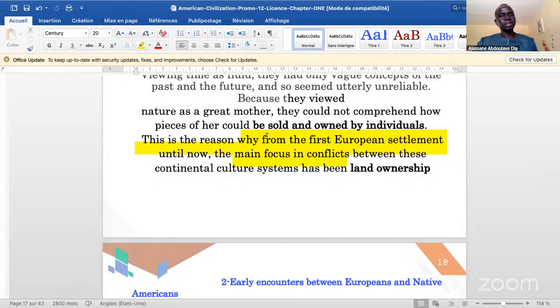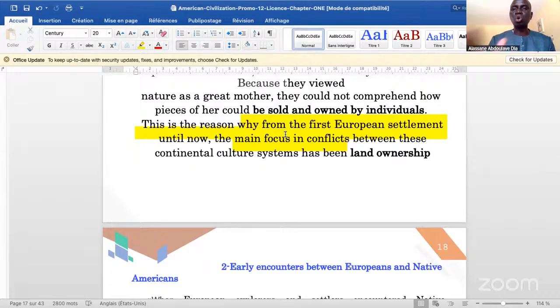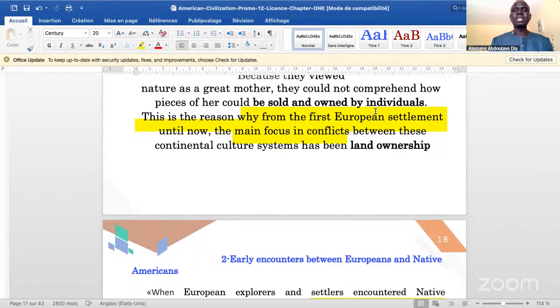So for Americans, they viewed nature as their great mother. They think the land is their mother. They could not understand how pieces of it could be sold or owned by individuals. They could not understand why the land should be sold or why the land should be owned by individuals. It should be for the profit of everybody. So this is a reason why,